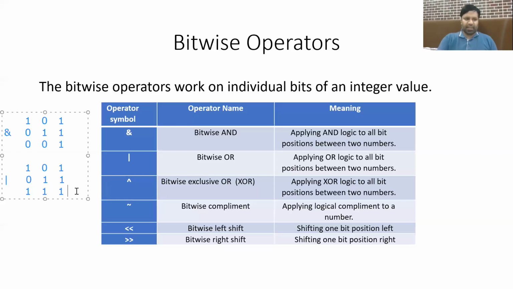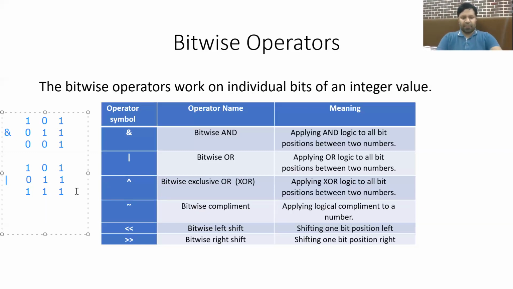If you want to see an example of how you can use it, if you have something like 5, you want to left shift it by how much? You want to left shift the bits by 2 positions. You can shift by 3 positions, or by 1 position. What happens if we left shift the 5 by 2 positions? What is the binary equivalent of 5? It is 1, 0 and 1. So if we left shift it,